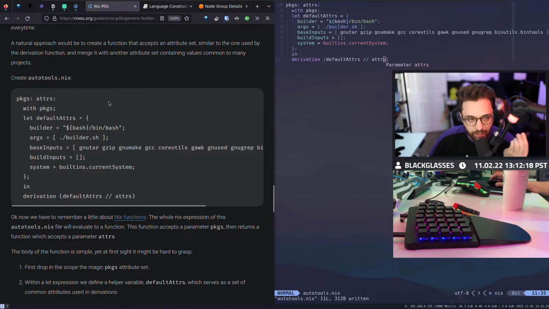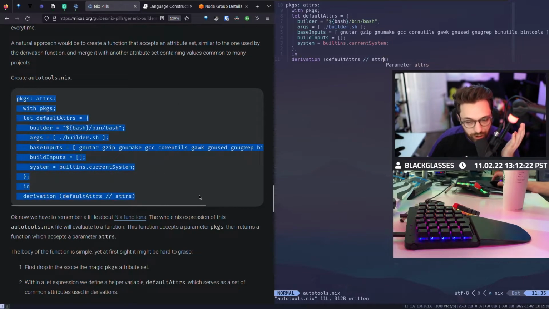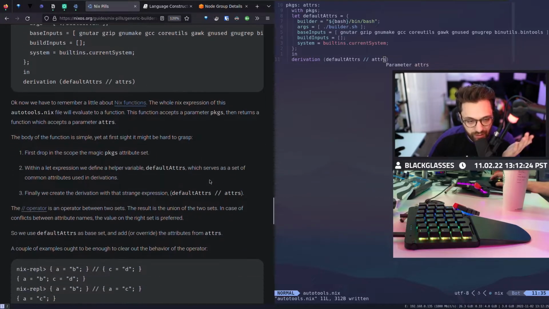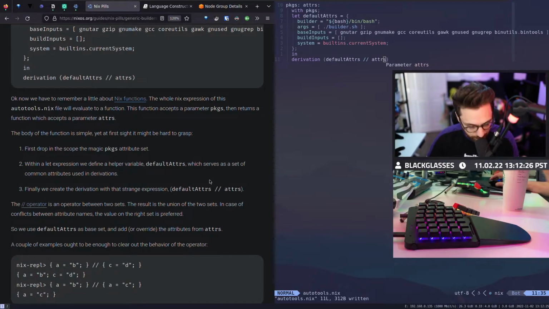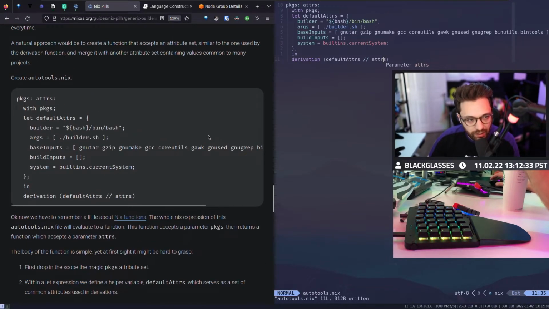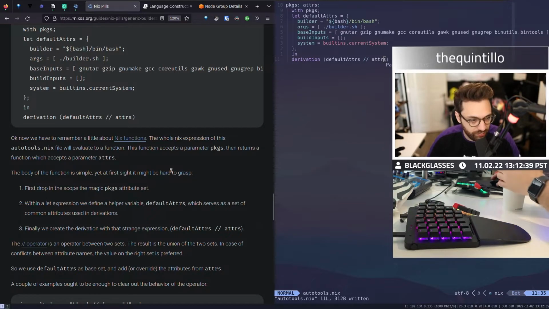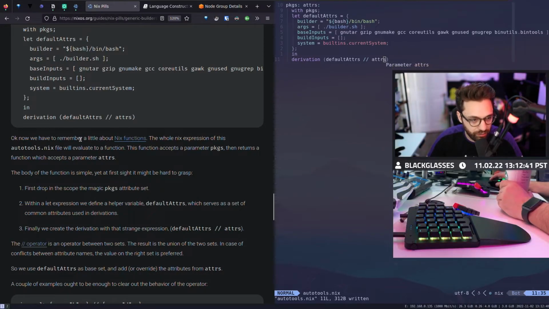Here's another example: if I made it an autotools.nix and I just put a string in it, guess what? That will just be evaluated as a string. The evaluation of that file is literally what I set it to be. That's why in this case it's a function, versus the other case where it was just a derivation or an attribute set.